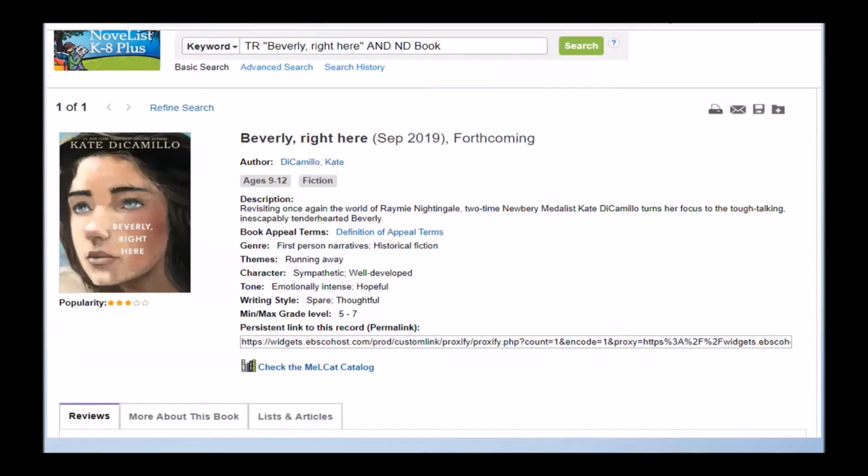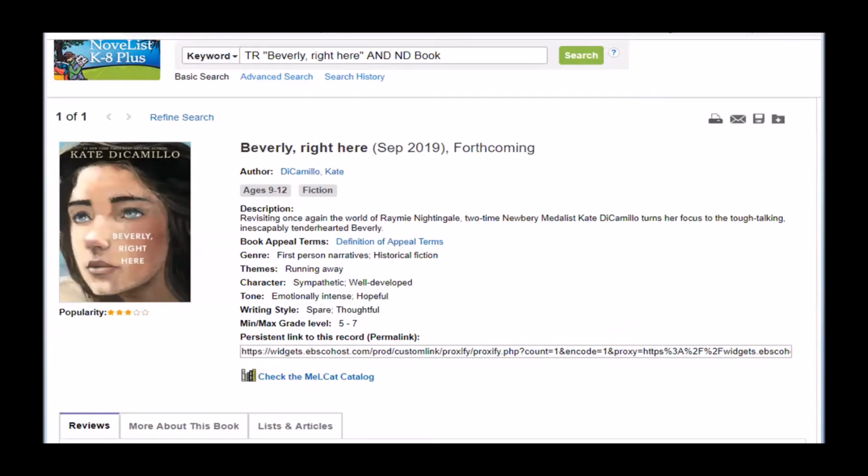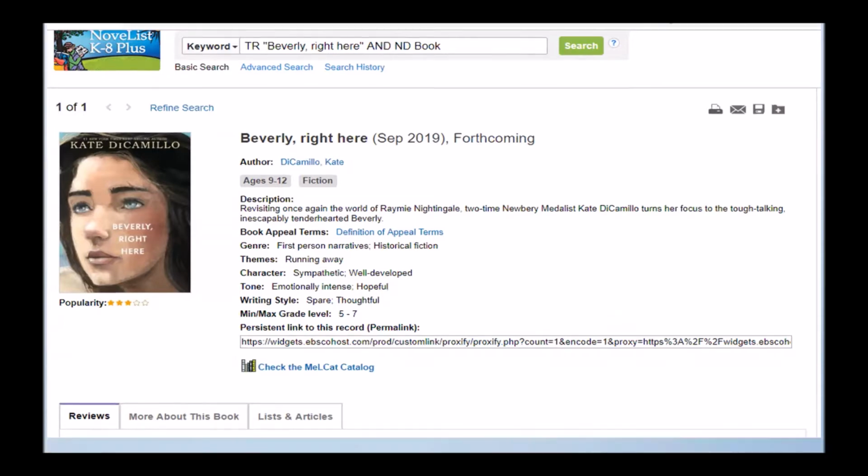So I have some Novelist screenshots in the slides, but I want to show you how to physically search in Novelist, just in case you guys are not familiar with it. And if you're not familiar with it, I would highly recommend getting familiar with it because Novelist is amazing. So I don't know, are you seeing the Novelist K+8, or do I need to do something different to share the screen? Nope, we can see it. You're good. Okay, so,